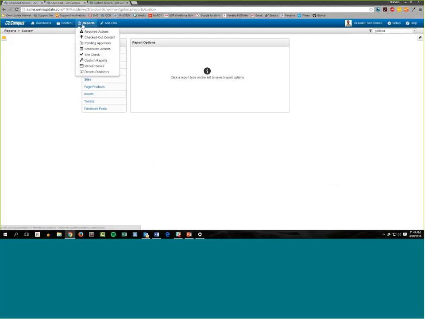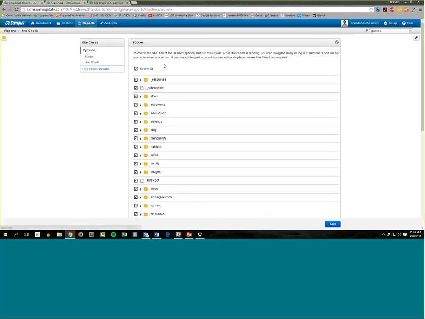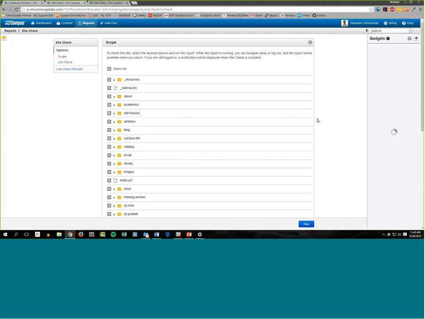Oh, you know what? I'm sorry. Before we actually talk too much about custom reports, I mentioned that I was going to talk about the Bookmark Gadget with regards to the site checker. So let me just go back and do that really quickly. So this is for you, Scott. The Bookmarks Gadget is something that's fairly new. It came out with version 10.4, which is one of our most recent major releases. And essentially, what it allows you to do is